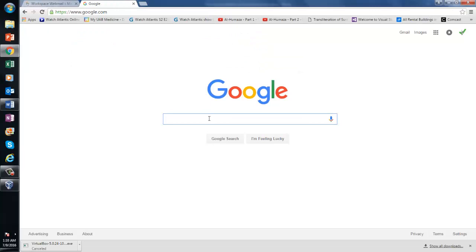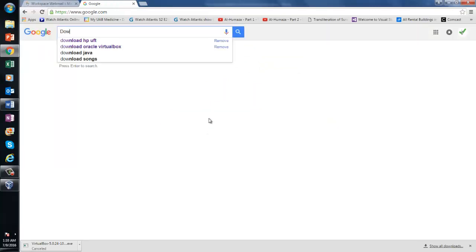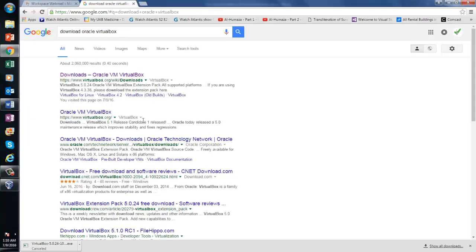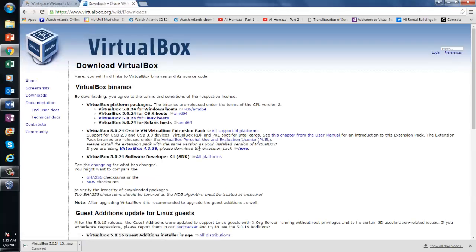Let's say you search for Oracle VirtualBox download, and then you click on the first link that appeared. Can you see here x86? You click on this one, and then